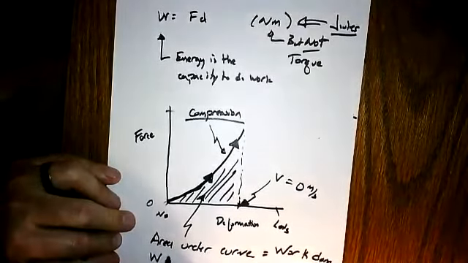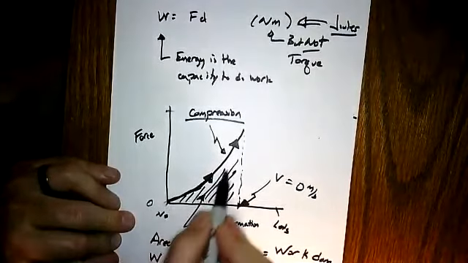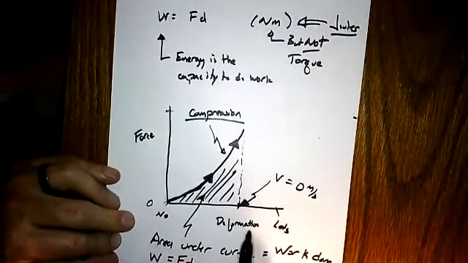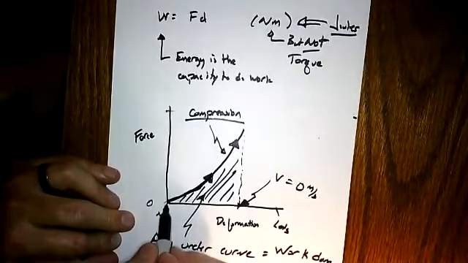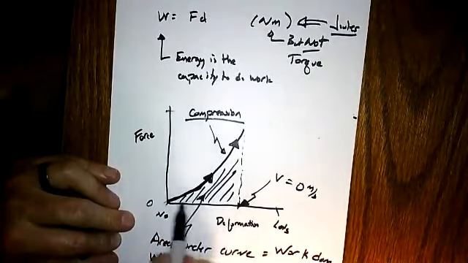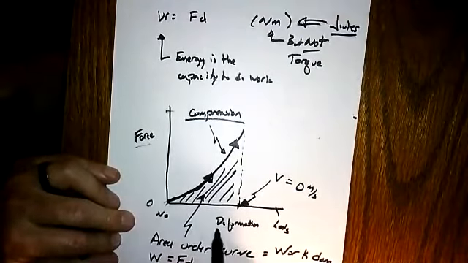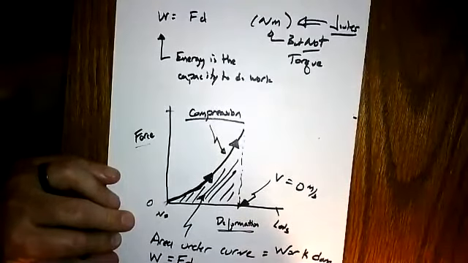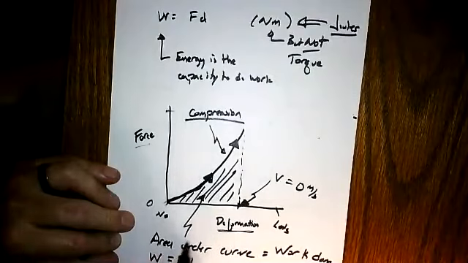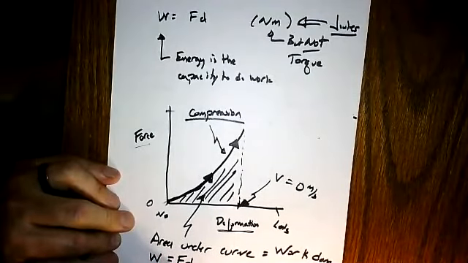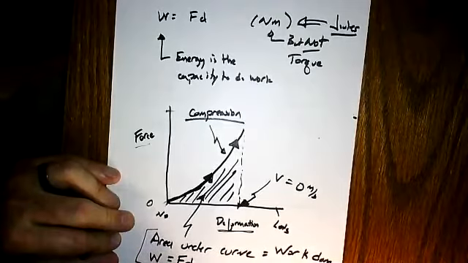Because we know work is FD, and how do we calculate area of this plot? We would calculate height by width. We would actually do this in smaller increments, but we have force here, and we have deformation here, or distance of the force being applied. And so the area represented here would be calculated by calculating how much force we're applying and how much deformation we have. So that's the work done on the shoe,